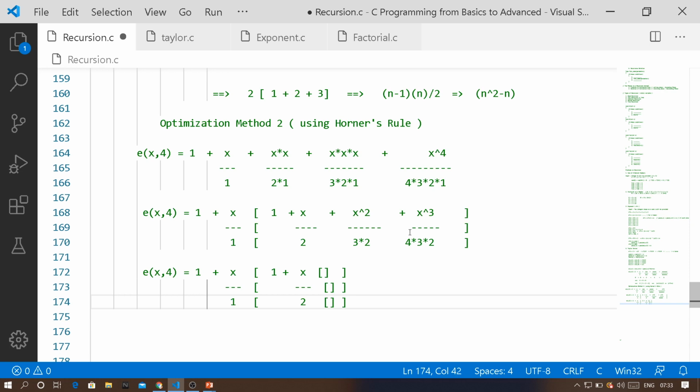Okay, fine. So now inside this bracket, when I take x divided by 2 common outside from these three terms, what will happen? When I take x outside from x, only one x is there already, so I'll be having only 1. In the denominator, only 2 is there, and if I take that 2 outside, I'll be having 1. So 1 divided by 1 is equal to 1. So 1